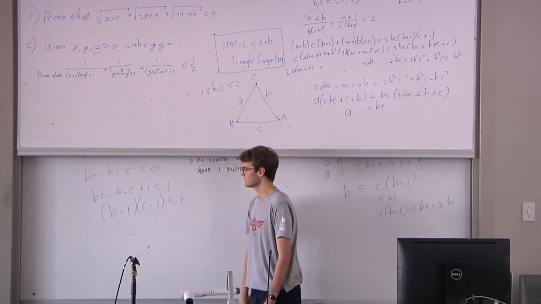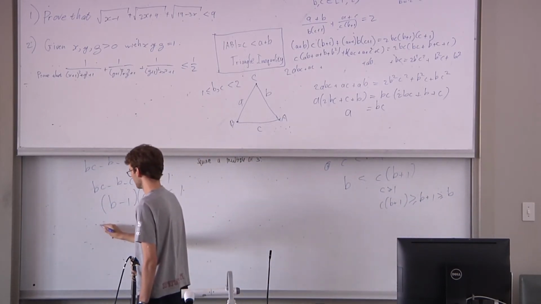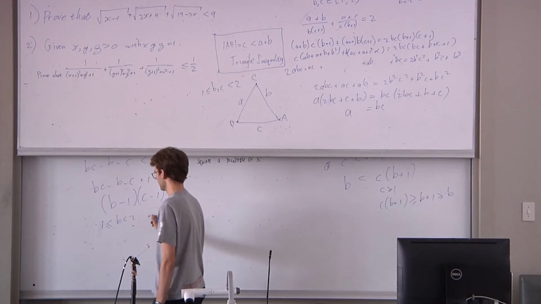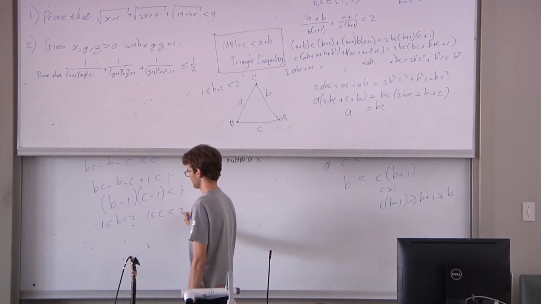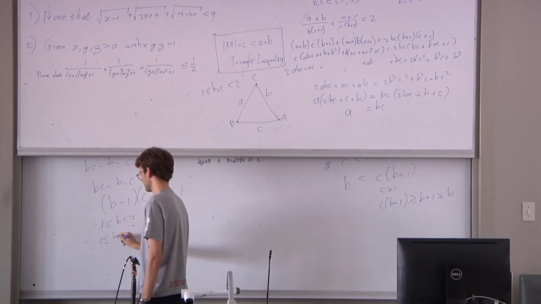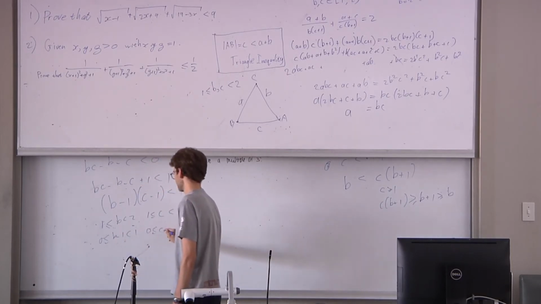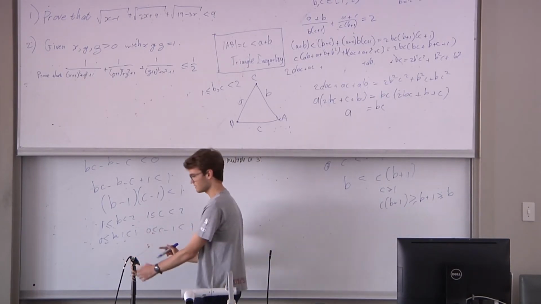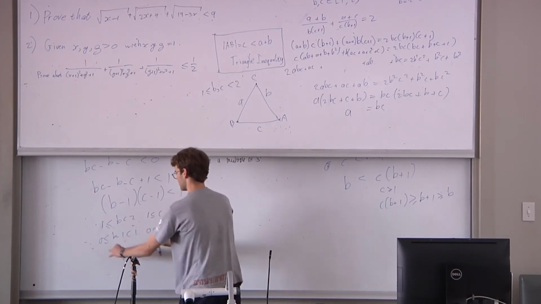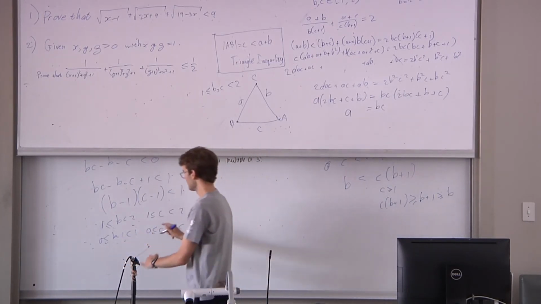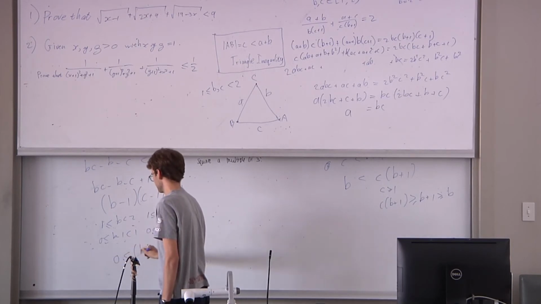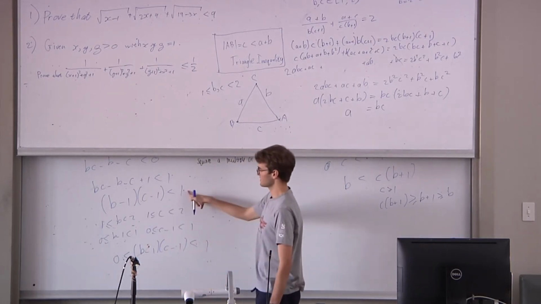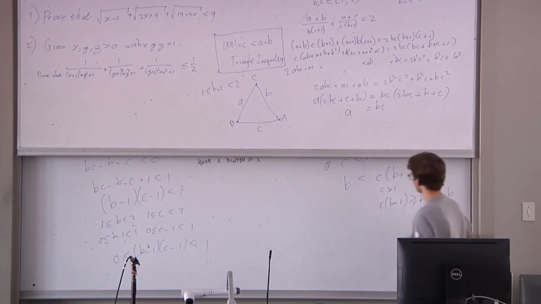And here, you notice that, well, 1 is less than or equal to B is less than 2, and 1 is less than or equal to C is less than 2. So 0 is less than or equal to B minus 1 is less than 1, and 0 is less than or equal to C minus 1 is less than 1. So if you multiply these two together, since it's all positive, you can multiply the left terms, the middle terms, and the rightmost terms, and you get that 0 is less than B minus 1 times C minus 1 is less than 1. Which means that that statement is true, which means that is true,